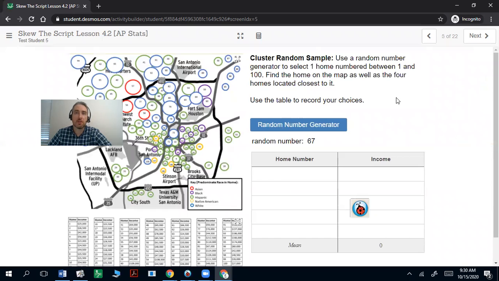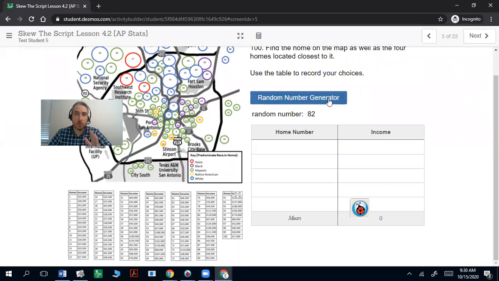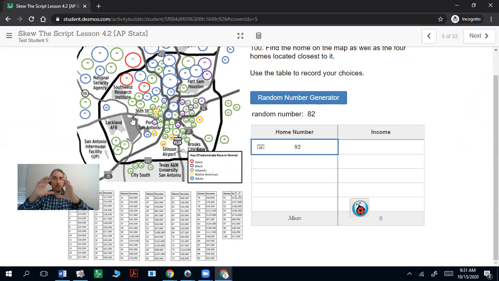Then you're going to do a cluster. Now, the way the cluster works is you just randomly pick one number. We'll put that in here. And then you're going to go find that number on the map, and you're going to pick the 4 closest homes around it. So 82